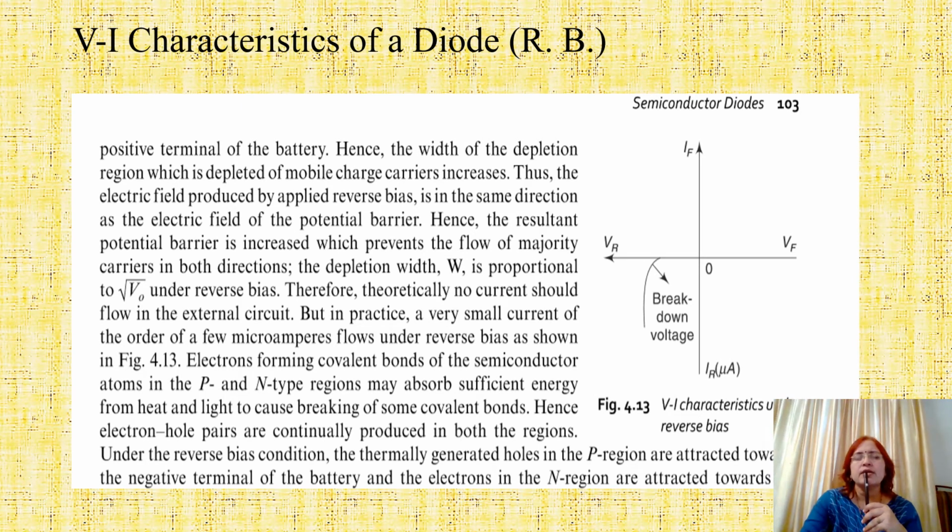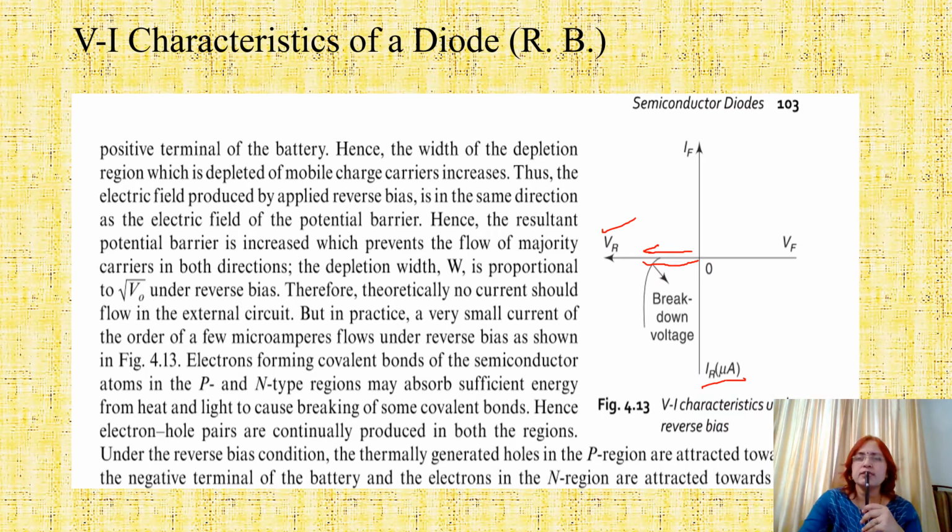Next we are going to see the VI characteristic of a diode under reverse bias condition. Here VR is the reverse bias voltage, IR is the reverse saturation current. This microampere range is for germanium, and the reverse saturation current will be in the nanoampere range for silicon. So see here, when we increase the reverse bias potential in this direction, initially the current is ideally zero. But for the reverse saturation current, you can show it like this in the microampere range, a very small amount of current in the reverse direction.